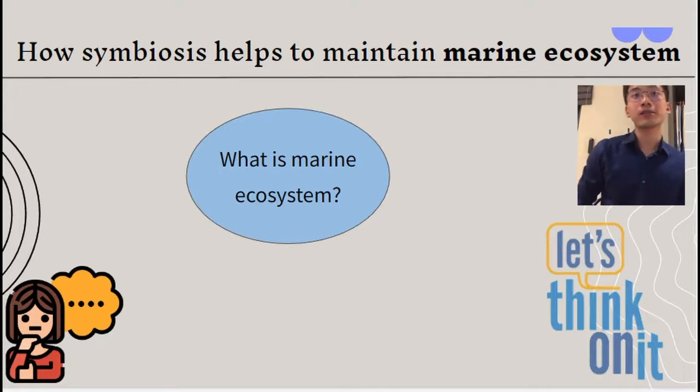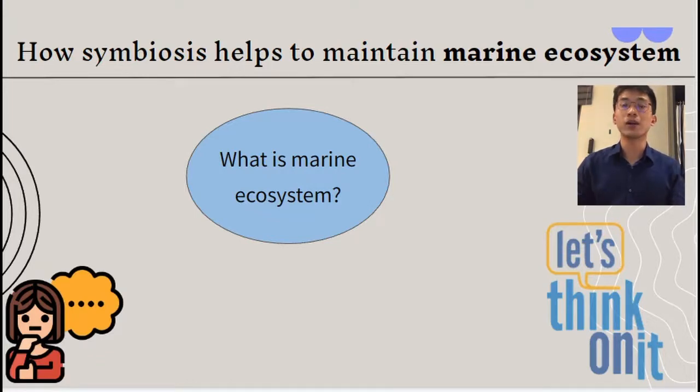Before I talk about how the symbiosis of microbes with marine cultures helps to maintain the balance of the marine ecosystem, let's think about what a marine ecosystem is. According to National Geographic Society 2020, a marine ecosystem is defined as a community in an aquatic environment with a high level of dissolved salt and the interactions between the living organisms in the environment. An ecosystem is said to be stable when the population of organisms in a particular community is constant.